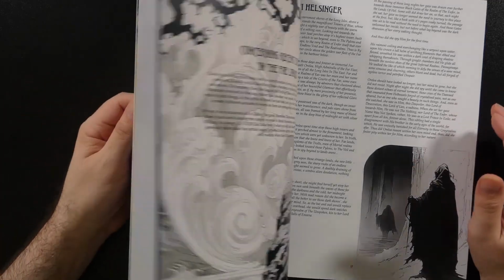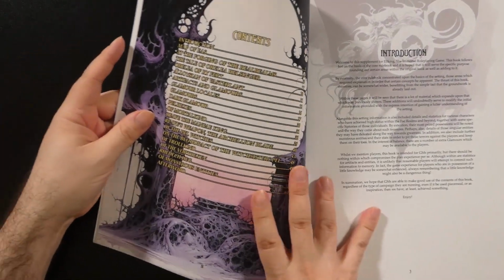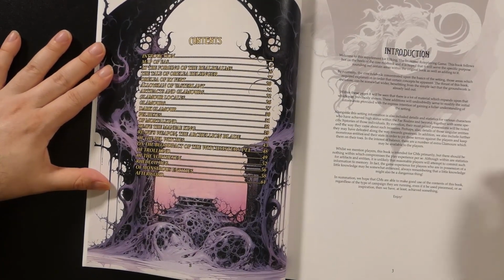In terms of contents, things are a little bit scattered in how they're organized, with many of the major sections simply covering a page or two of content. There's an introduction, a map of Aeus, a section on the forging of the Real Realms, a tale of Orlia Hellsinger. There's sections on 2 characters, Orlia of Ryfurt and Aloysian of Wasterland, a section on artifacts and glamours, glamour